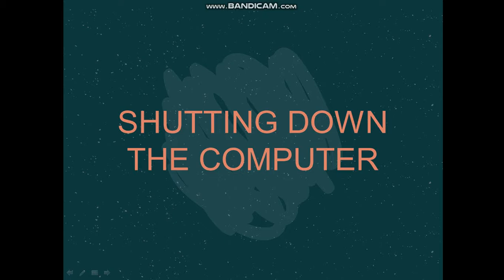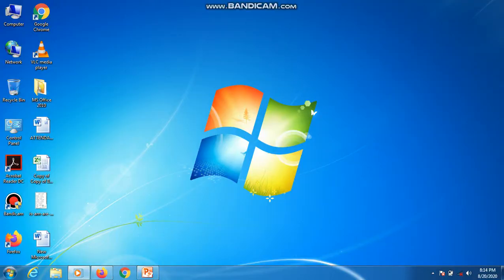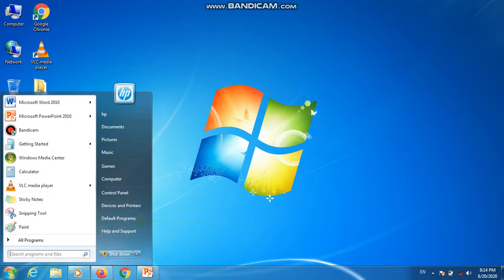Now after knowing how to restart, you have fixed the problem and you have done your work. Now you need to switch off your computer after working. After doing all your work, you should completely and properly switch off your computer. So how to switch off or shut down your computer? Again, go on the start button, click, the start menu will appear, and here you can see shut down is written. You have to just click on this shut down. Okay, and your computer will turn off.